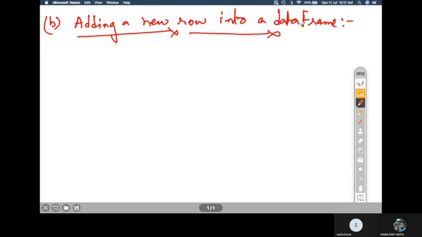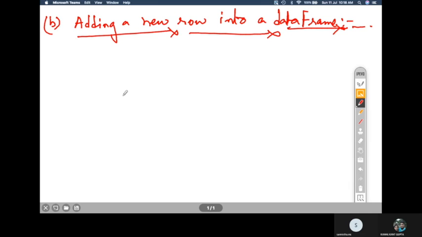Column addition is okay, it's just like adding a key to a dictionary. So adding a new row into the data frame is also important. How to add a new row? We have to use the loc method, or location method, or location attribute.